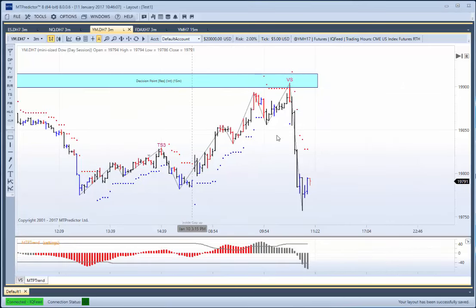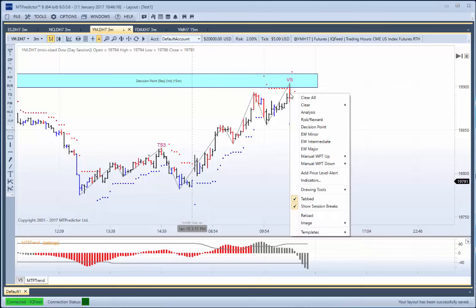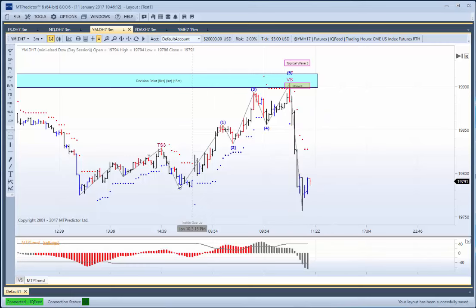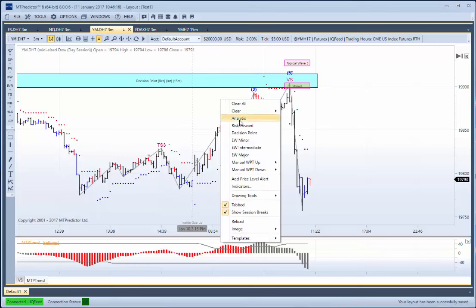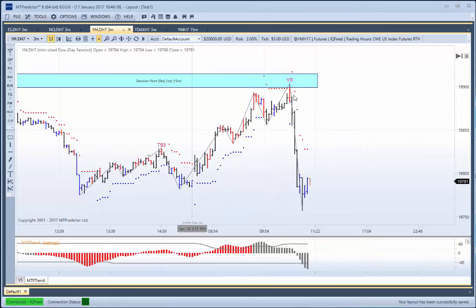If you guys are more experienced as well, let's right mouse click over here. Let's do Elliott Wave Intermediate. You can see the rally up here was also a 5-wave sequence. Just clear that all off. But the main point is this was a VS setup at our higher time frame resistance that was on your chart in advance. You'd been anticipating this was an area where the market was likely to make a reversal.